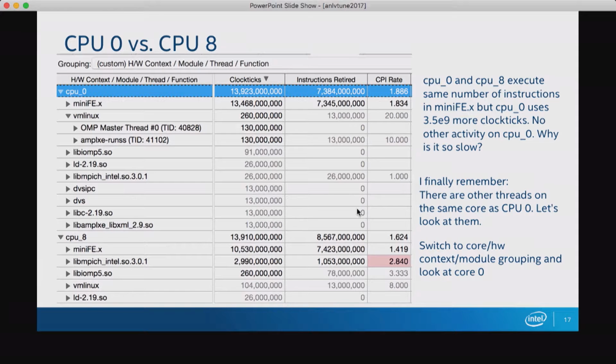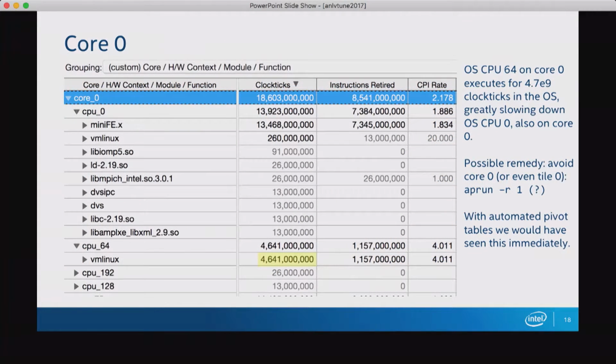And you can see right here that in mini-FE, CPU 8 spent 7.4 E9 instructions, 7.3. So why the heck? But this is 13, and this is 10. So again, I have no idea why. And then I remember I told you there's 4 threads per core? Linux sees those all as OS CPUs. So I said, well, let's look at the core instead of the threads. And lo and behold,